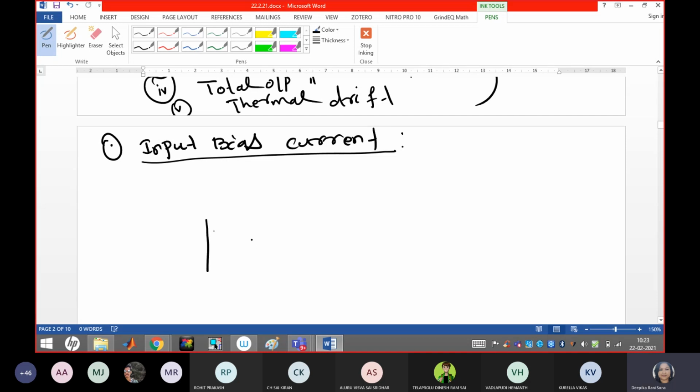So input bias current. Let's see what is the meaning of this, guys. Here just see the case of the op-amp where the two inputs can be represented only in terms of current. So suppose without any feedback, right? Here the current existing at the negative input terminal is represented as IB minus, and this is IB plus for the current associated with the positive input terminal, and here V0 is the output voltage. Okay, so this is the representation of the input bias current.